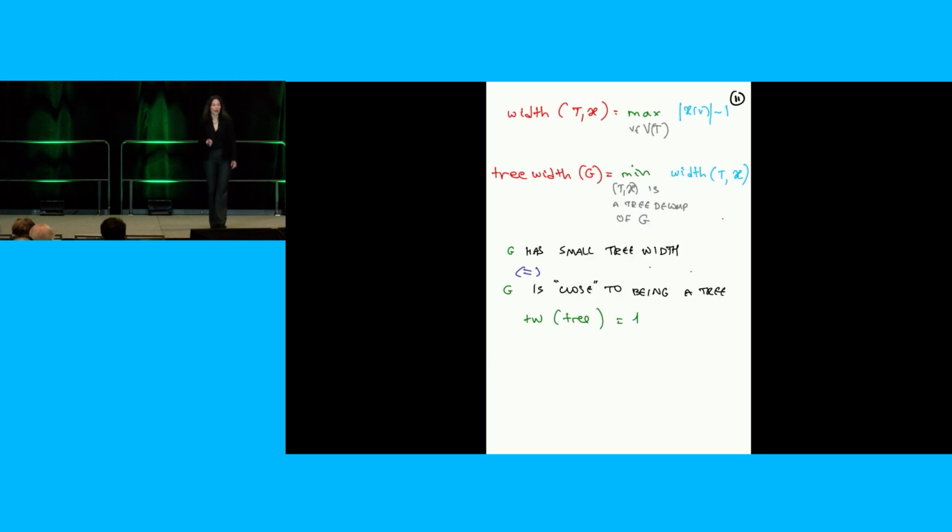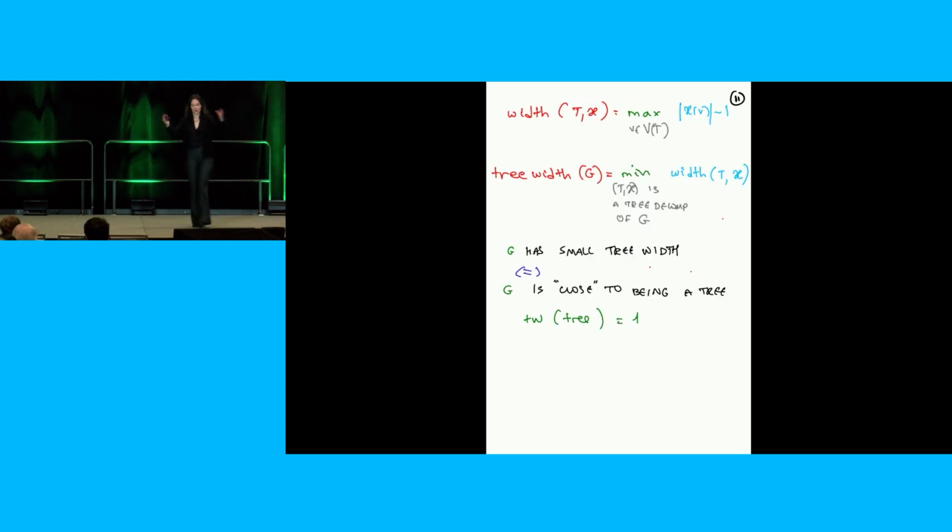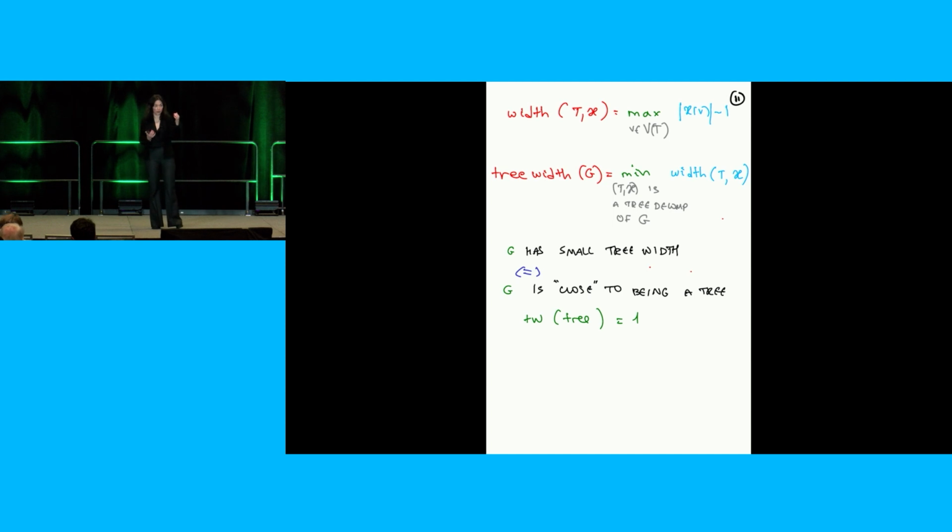OK. So now I said we want to somehow make things simpler, right? We want to make sure that bags are simpler than the graph we started with. And the easiest way to make something simple is to make it small, right? We all understand that small things are less complicated than big things. So the classical way to measure the complexity of a tree decomposition is by looking at the largest size of a bag, minus 1. I'll say in a minute why you say minus 1, but it's roughly the largest size of a bag. And then the tree width of the graph is the best width of a decomposition you can find, right?